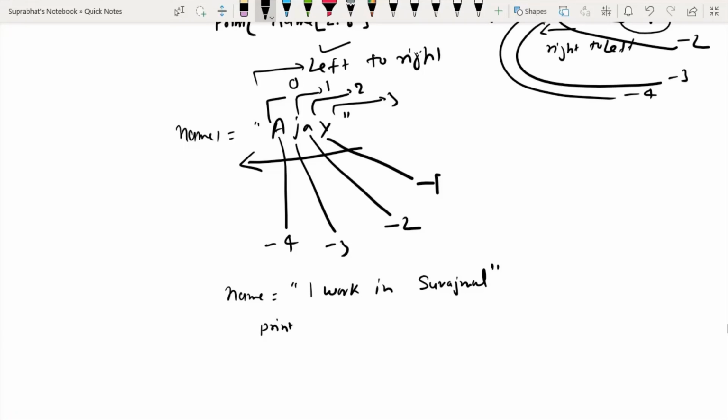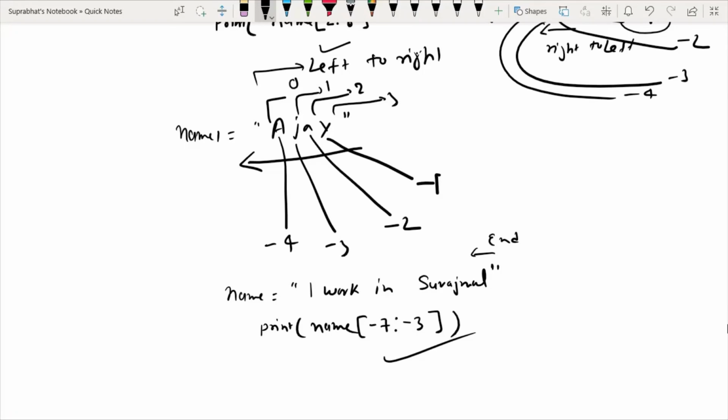If I print name[-7:-3], they will ask you what will be the output. So you have to check the minus occurrence. Already make it in your mind that it is matching from the end, not from the beginning. So this is the criteria that you have to check, whether slicing will occur from the beginning or the end.